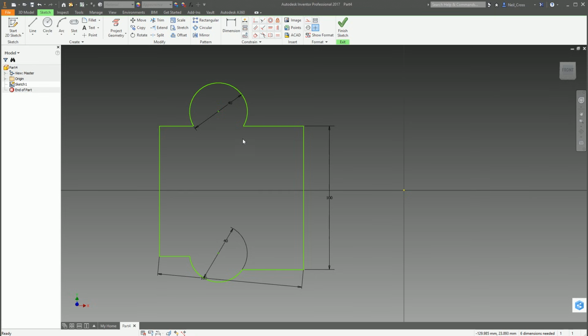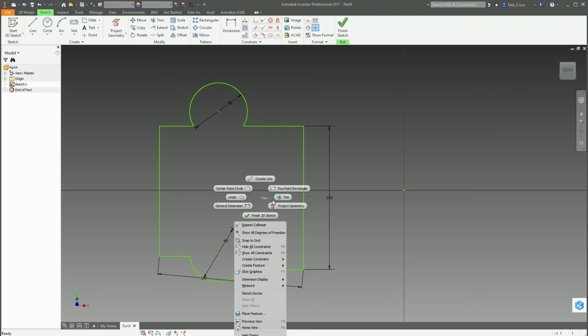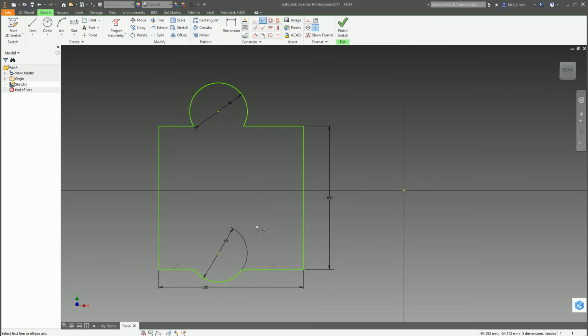Okay, right, so what else do we need to do here? Well, looking at the design, you'd think, right, okay, what other kinds of design intent do I have in this sketch? Well, I know that this edge here and this edge here need to be the same length. And I also need to apply the collinear constraint at the bottom as well, not forgetting that. So we're going to go collinear and then these two lines here.